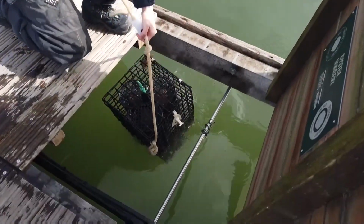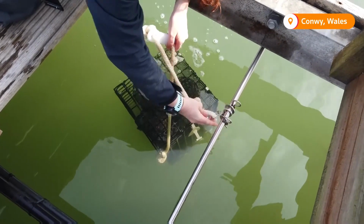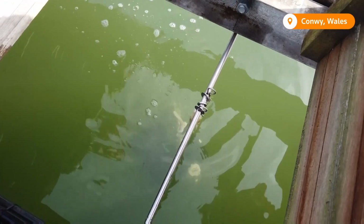The European native oyster has declined by 95% over the past 150 years. That's due to overfishing, pollution, habitat loss and disease. So now we're working with a really reduced population and we've got a really exciting opportunity to try and restore the species back. The 27-year-old zoologist manages the Wild Oysters Project, which has installed nearly 4,000 native oysters in specially